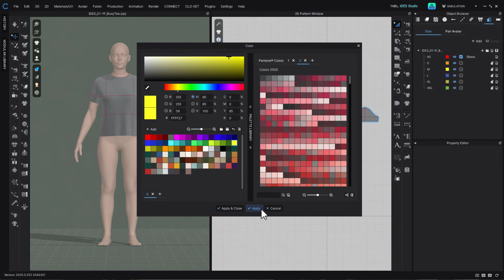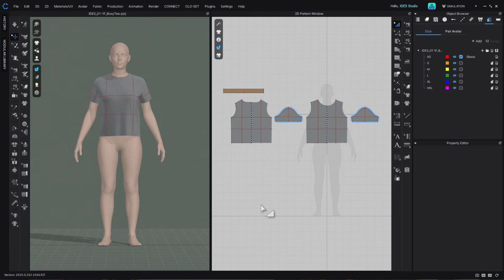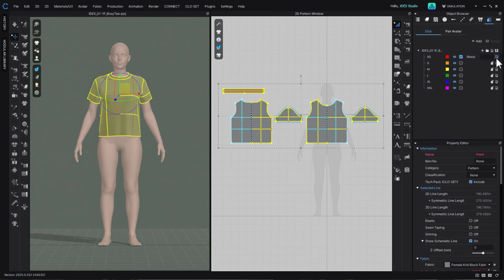Just make sure the colors are really distinct from each other. You can select the first one and then hit Apply with the color you want, and then select each consecutive color and hit Apply each time until the last one where you can hit Apply and Close. I also recommend not going too dark with the colors because it can be really hard to see them in CLO. Now with your Transform Pattern tool, you'll select all of your patterns and assign them to the grade rule